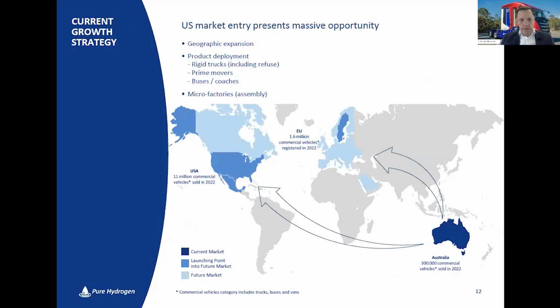Next slide. Yeah. So, we're looking at entering probably the biggest market, which is the US market. There's also the European market. US has some extremely attractive subsidies, and these subsidies are at state level. So places like California, Pennsylvania, Illinois, essentially any state that's controlled by Democrats have extremely generous